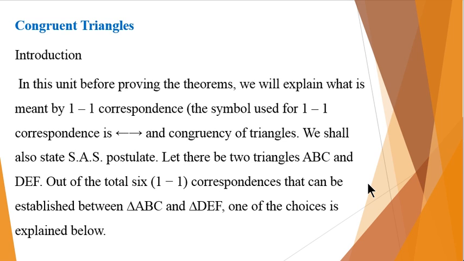When we are observing the two triangles, in a triangle there are 3 angles and 3 sides. Similarly, the other triangle also has 3 sides and 3 angles. If we make a comparison between the two triangles, and out of the 6 things any 3 are congruent to each other, the remaining 3 will automatically be congruent, and in this way our triangles will be congruent. Congruent means exactly the same.